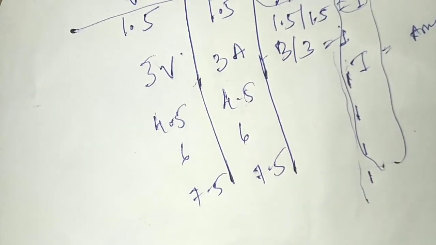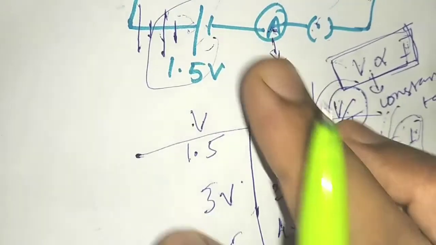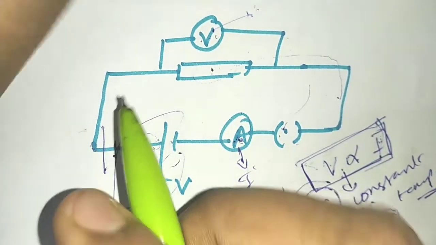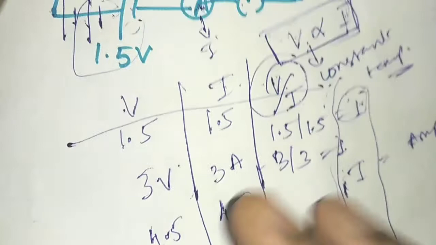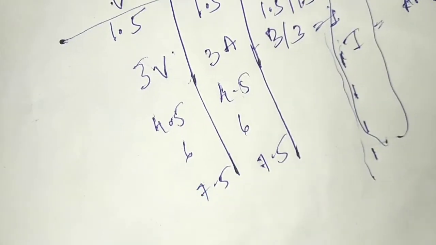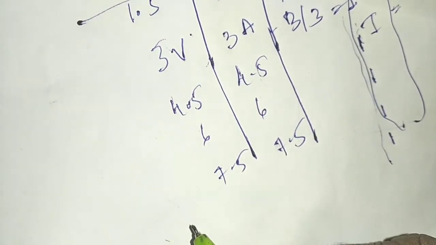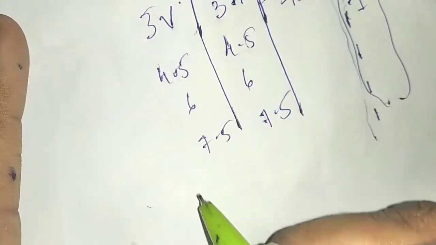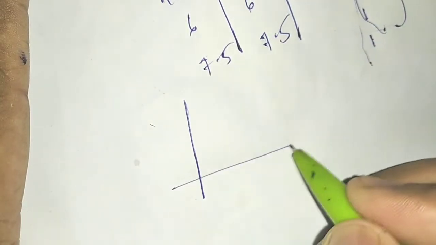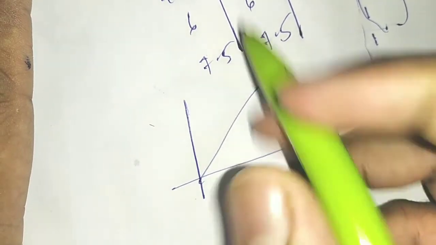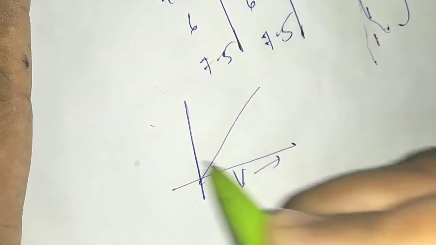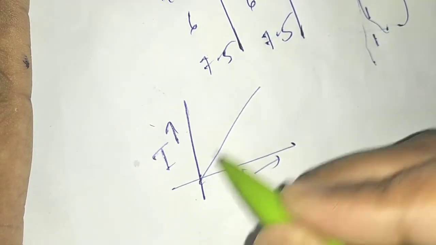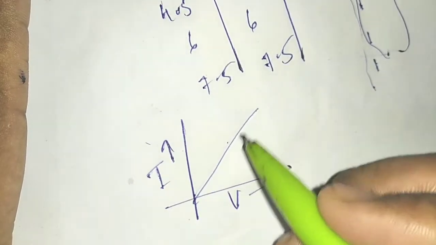See here now, students, what we got here: keep on increasing 1.5, 1.5, you will be getting all these values. Fine, you understood till here, students? Now what he did is take these values and draw a graph. When he has drawn a graph, obviously he will get a linear graph. That is, if I take V and I on the graph paper, he got a linear line.